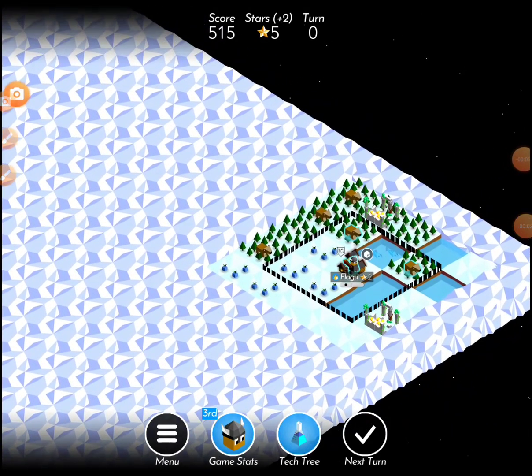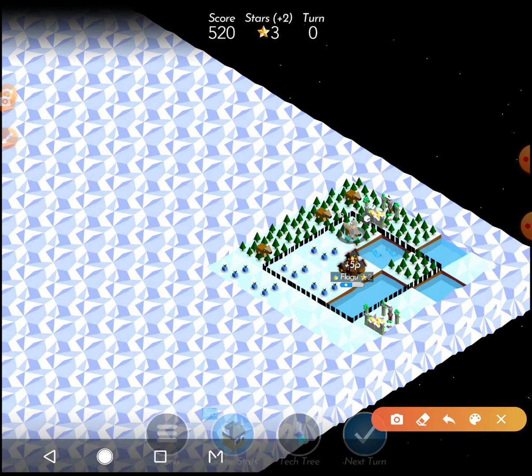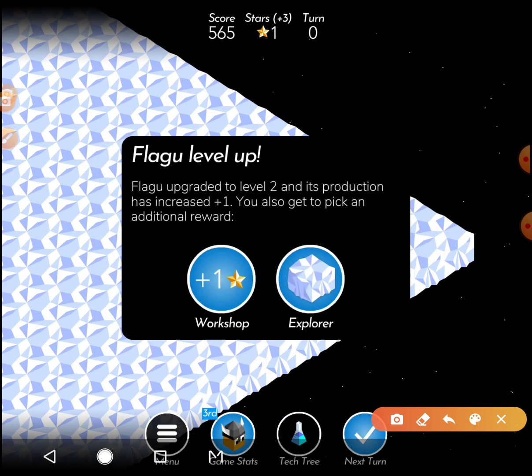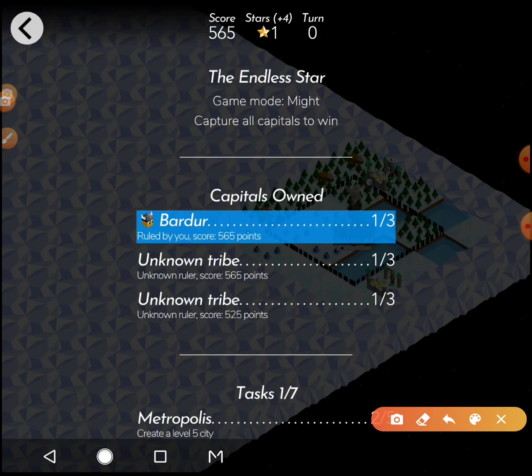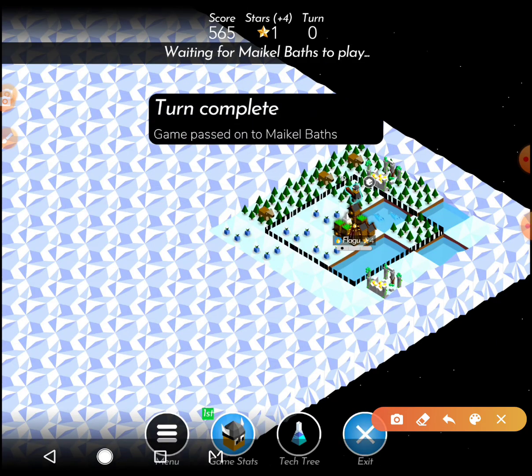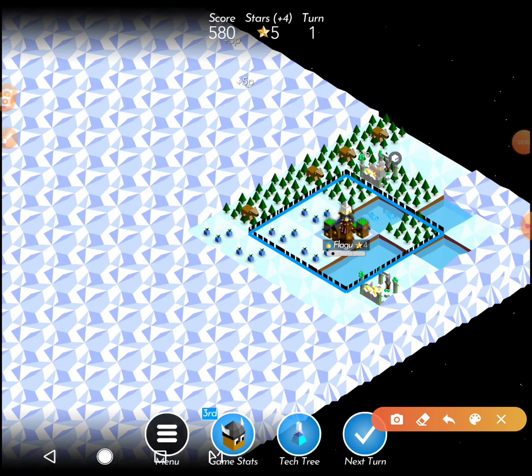Okay, this video is a pretty good one. It's basically how to capitalize on quick upgrades, quick expansion. Basically how to capitalize on momentum as Bardur and use that momentum to drop giants in your opponent's villages via